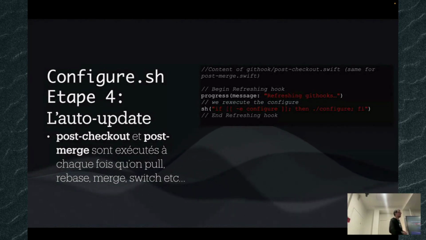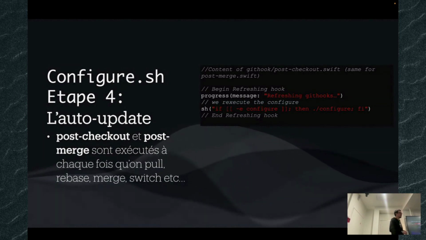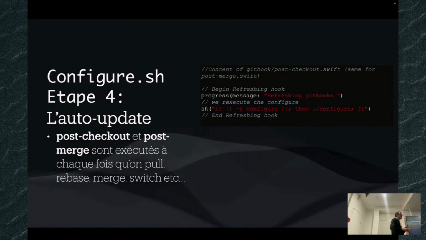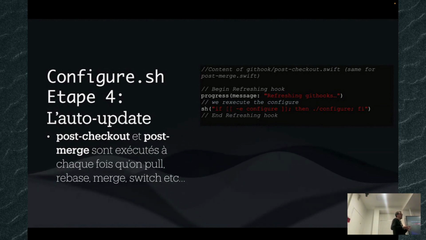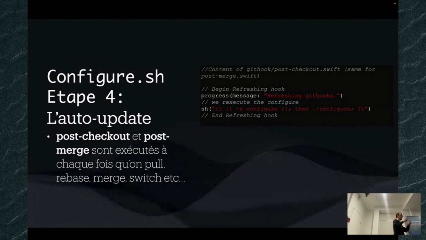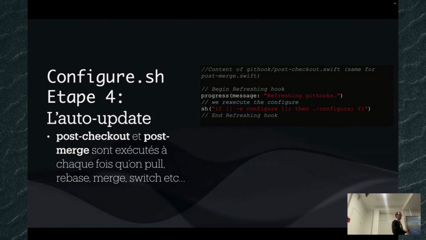Okay. So we should do the configure file in each repository? No, there is a way. I mean, for me, it's risky to share. You have to be sure that all the projects are using the same rules, because at the end, Git hooks is just to enforce rules, to be sure that we don't skip SwiftLint. Even with the Git hooks, we could technically skip the checks by disabling them, with no-verify.